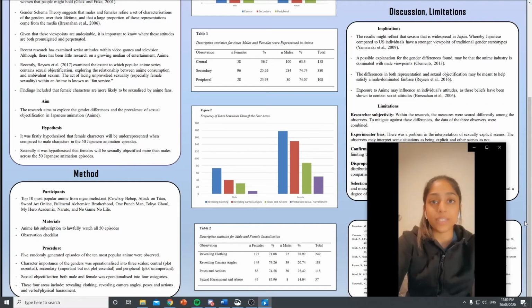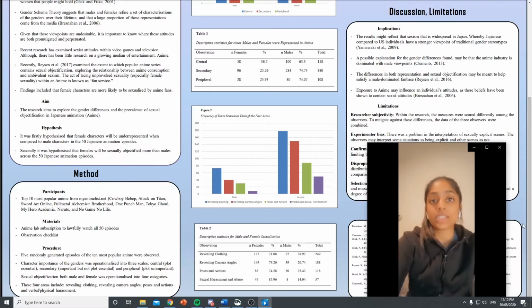For this experiment, participants were required to have an Anime Lab subscription to lawfully watch all 50 episodes, and an observation checklist was used to record data. Five episodes were generated for each of the anime series, and character importance was operationalized for both genders into 3 scales. Central, which is plot essential, secondary, which is important but not plot essential, and peripheral, which is plot